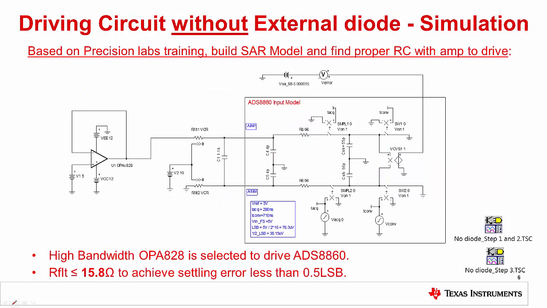This is the TINA SPICE circuit that we will use to simulate the input switching behavior of the ADS8860 SAR ADC and the drive characteristics of the OPA828 amplifier. The ADC Precision Lab training series has an entire section that covers this kind of simulation. We will show the measured results for this circuit later on. Right now we aren't looking at the input protection circuit, we are only confirming that the amplifier has sufficient bandwidth and that the RC filter is properly tuned to achieve adequate settling. To do this, we will use the TINA SPICE parameter sweep on the resistors in the RC circuit and look at the settling error on the sample and hold circuit.